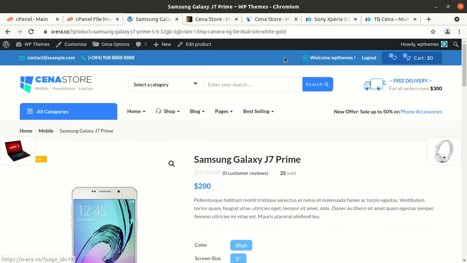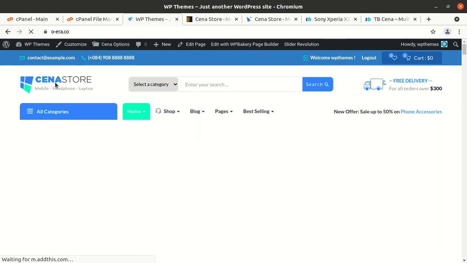And you can see the login and all such cards are here. So it is wish list and shopping cart, welcome message, and logout option is here, all like a professional e-commerce website we got in this theme.